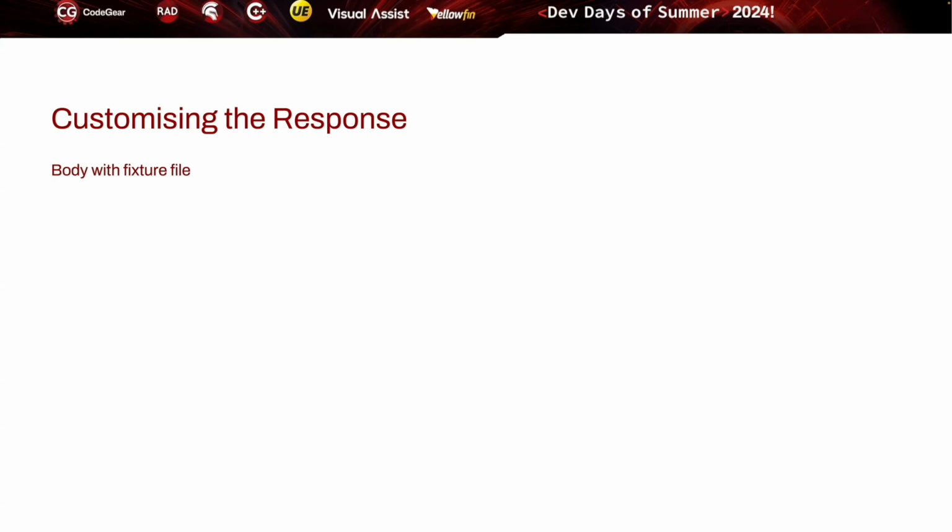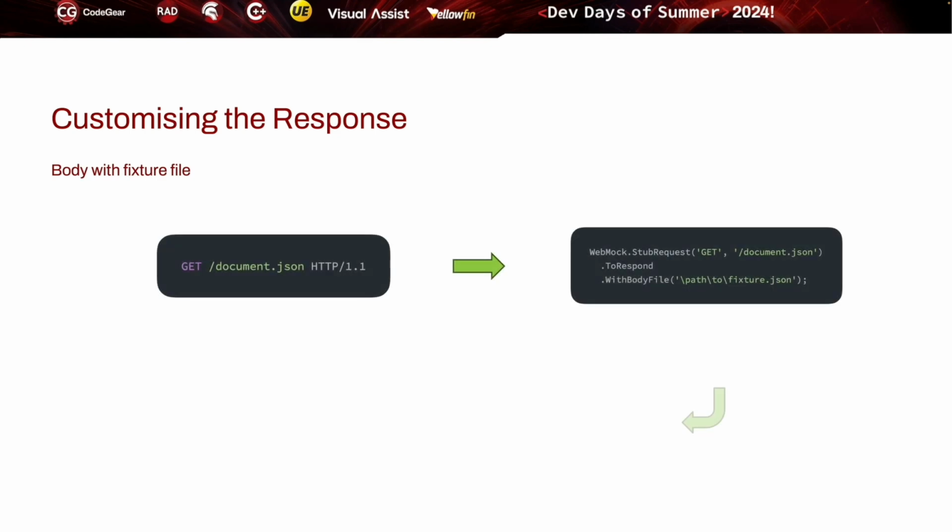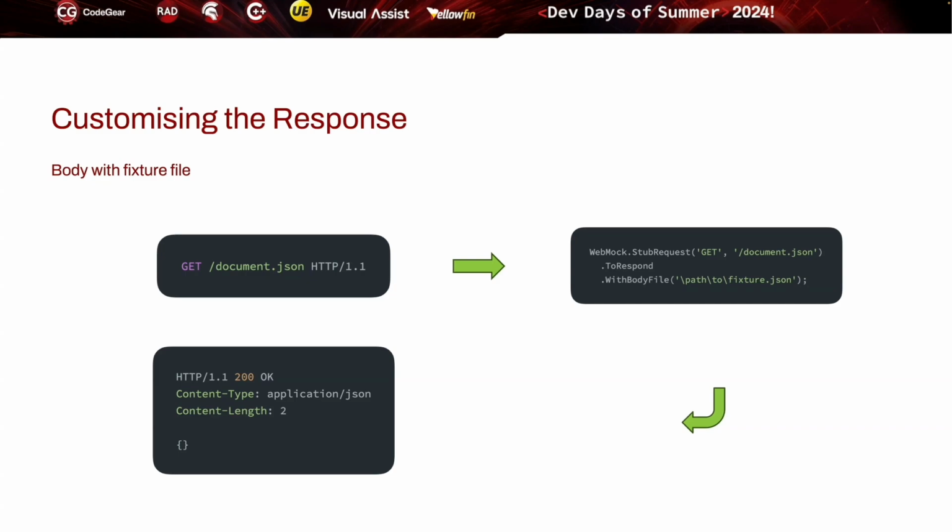So what about more complex bodies? Things you can't just easily represent in a line or so of code. We can provide fixture files. So in this case here, we can specify with body file, and you should specify a path to a fixture file that has the content you want to respond. And as you can see in the example here, I've just used the same content response, but it would be coming from a JSON file. Notice I've not specified here the content type,